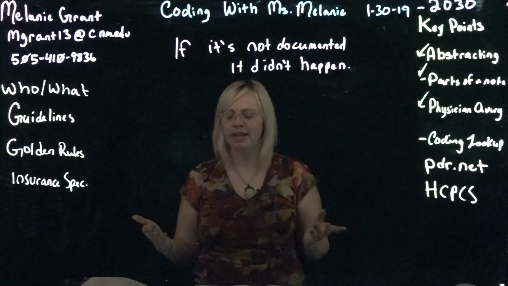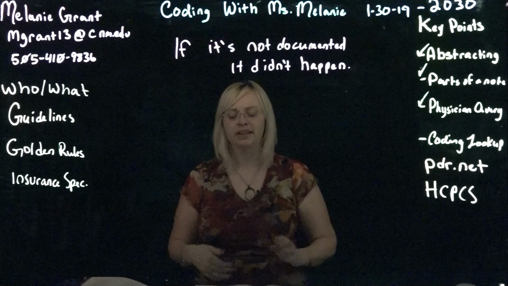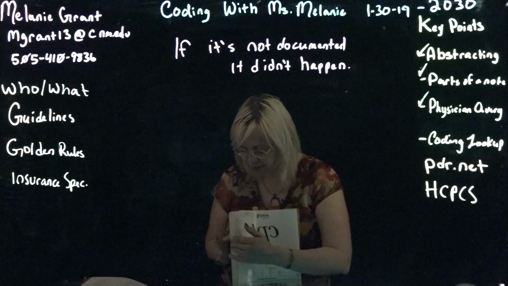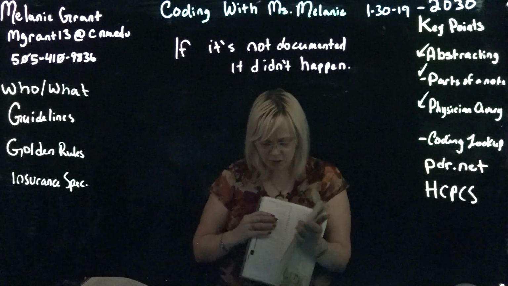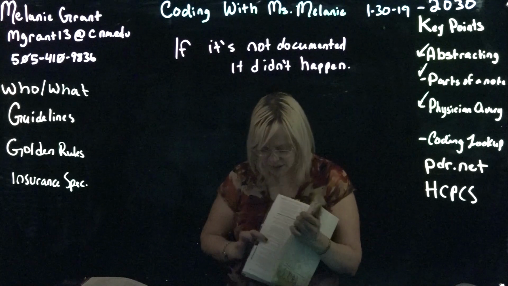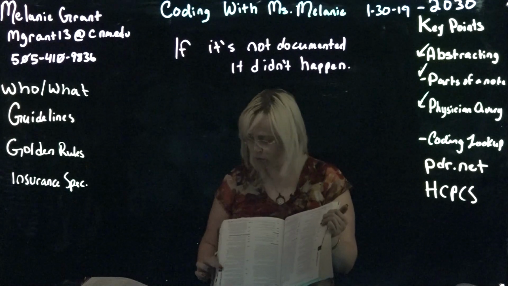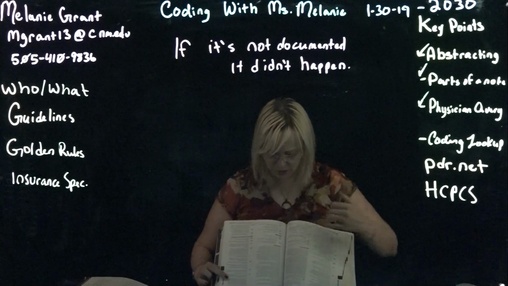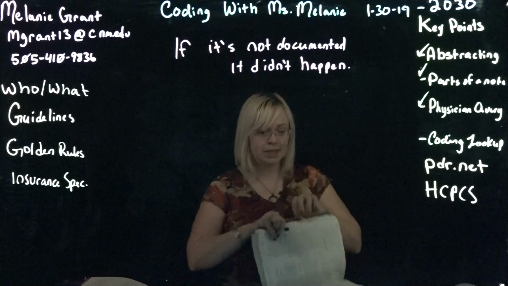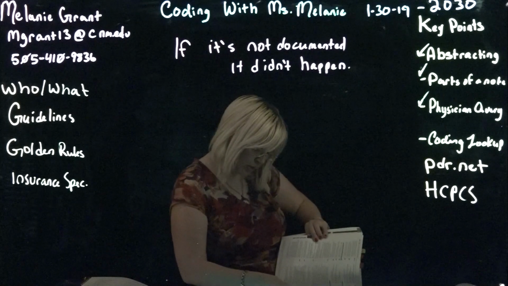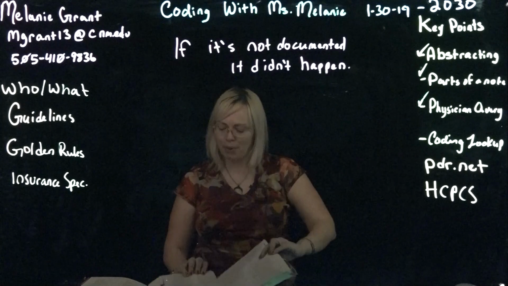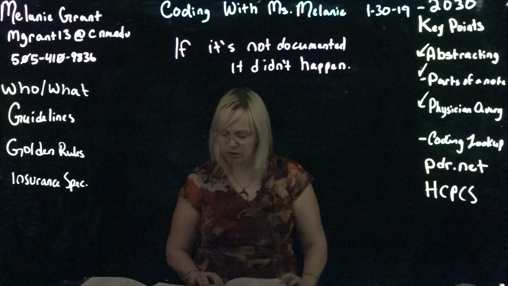Specific questions about guidelines. You may have noticed the guidelines are not exactly organized the same as they are in other coding manuals. So while you have a few guidelines in the very beginning of your book, you also have them in each section and sometimes within subsections of your CPT manual and inside of your HCPCS. So for example here, let's say that I go to 76830 in my CPT book. If you look at that, above this code for ultrasound transvaginal is some